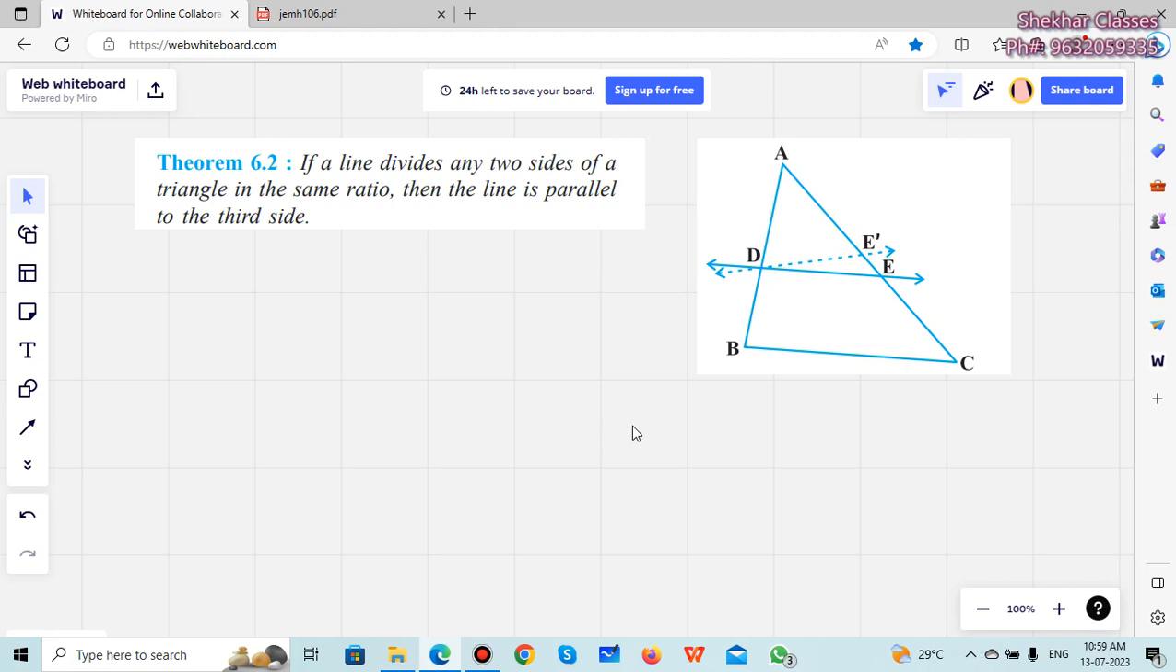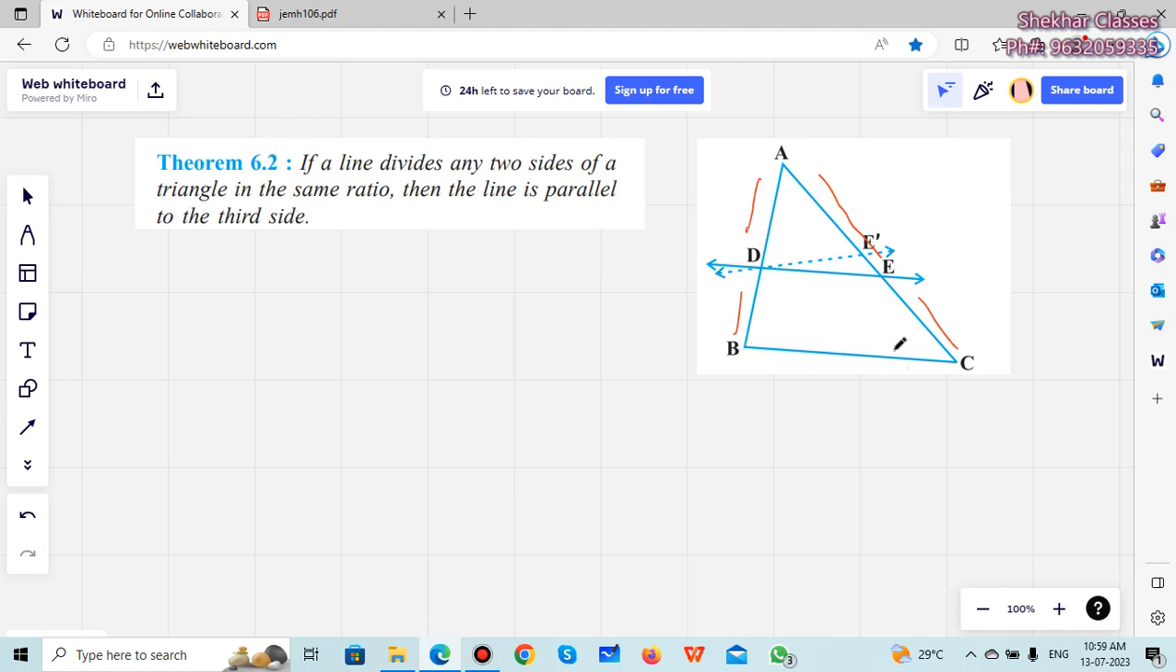Next theorem says if a line divides any two sides of a triangle in the same ratio, then the line is parallel to the third side. This is a converse of BPT. We call it a converse of BPT. What exactly it says is that if we have a triangle and we draw a line, okay, we don't draw a line, it is given that AD upon DB is equal to AE upon EC, then DE is parallel